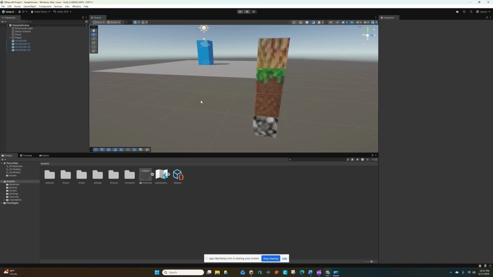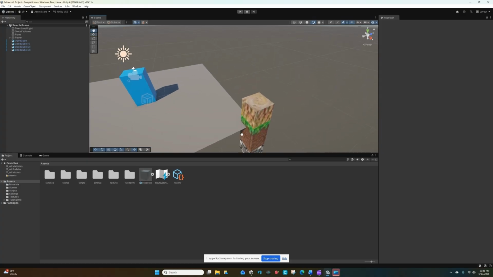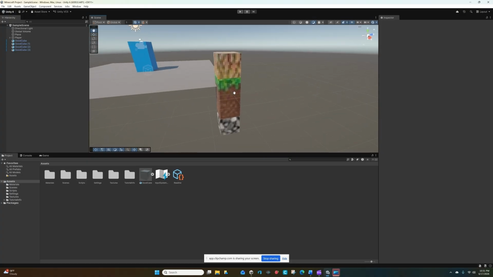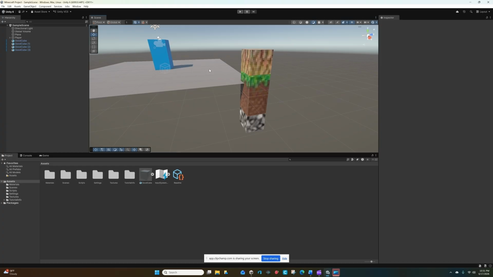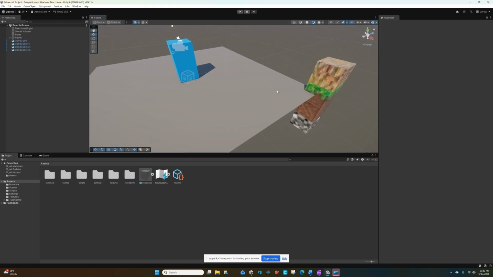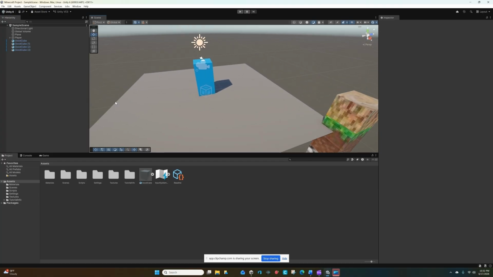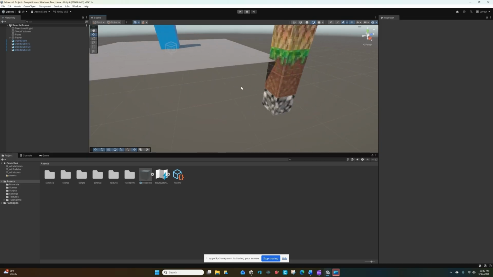Okay, so last time we made visuals for these four kinds of blocks. So today I'm going to just start out by making a platform of blocks. So anyhow,